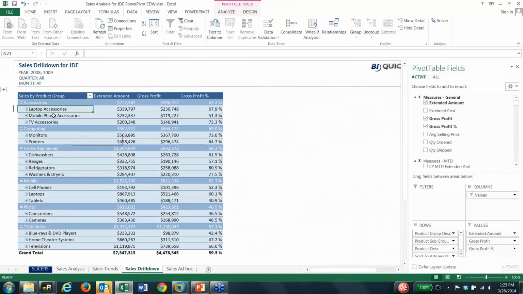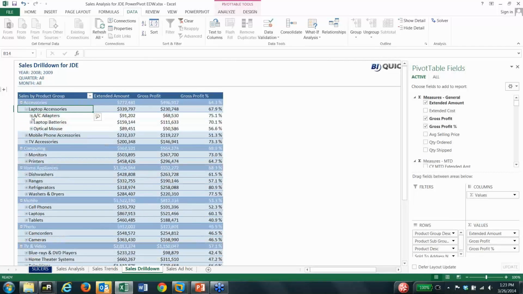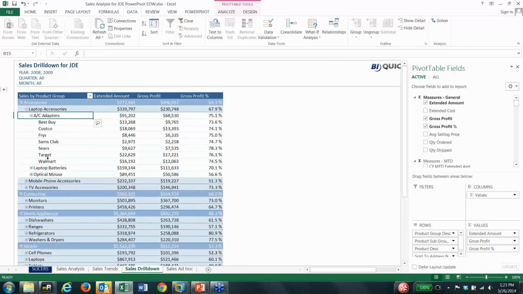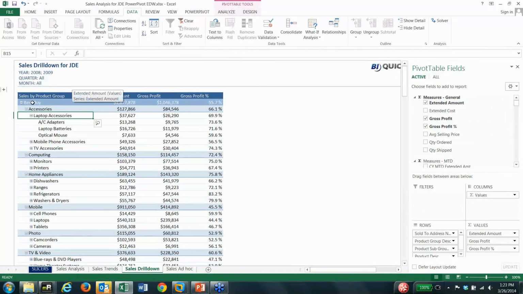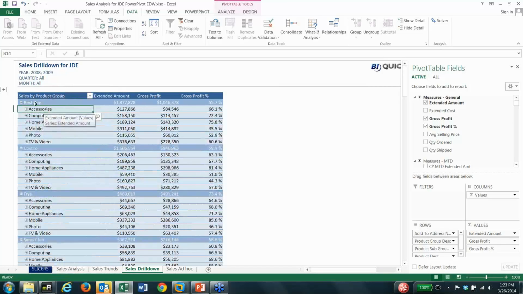Let's take a look at this pivot table. In this case, we've got a sample pivot table with extended amount, gross profit, and percent. We've got product group, subgroup, and we can drill into a subgroup. We get down to a product. Maybe we go all the way down to, say, a customer. Well, what if you wanted that customer to be the first level of your pivot table? You can just drag that up, and now you'll notice that customer is at the top. And if we go in and just collapse those fields, now we've got, in essence, customer as our top level, and then we've got the different